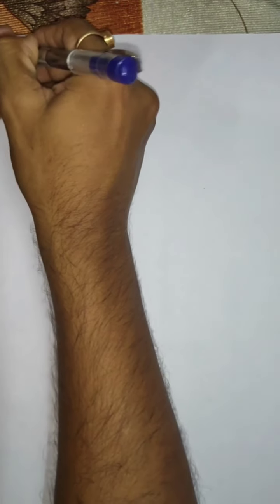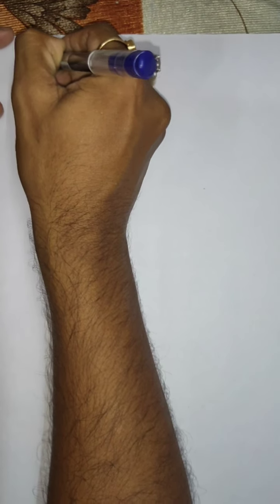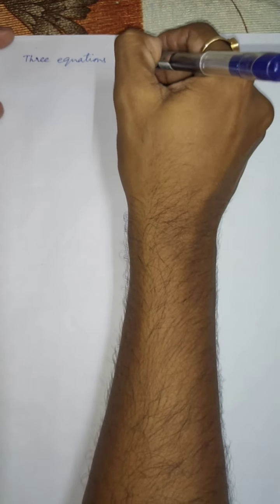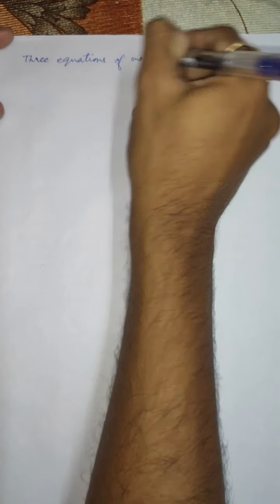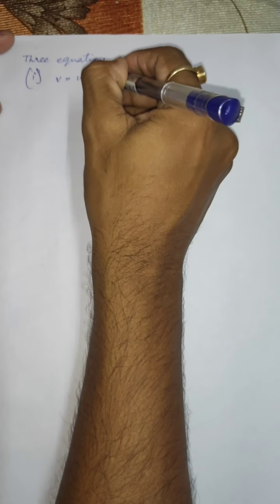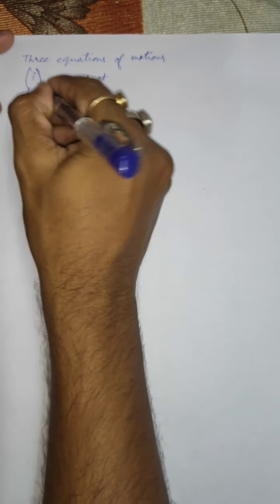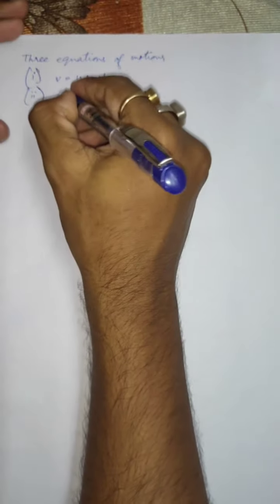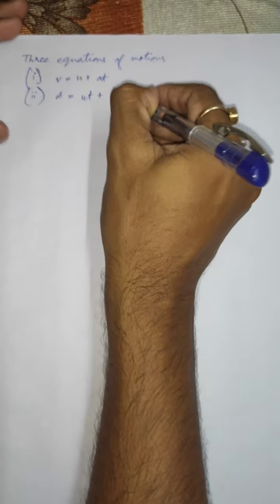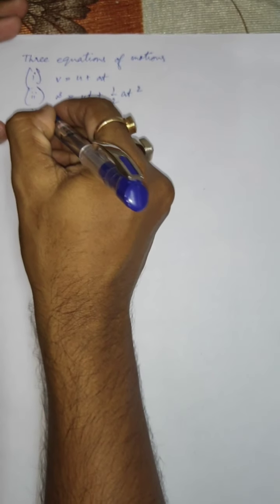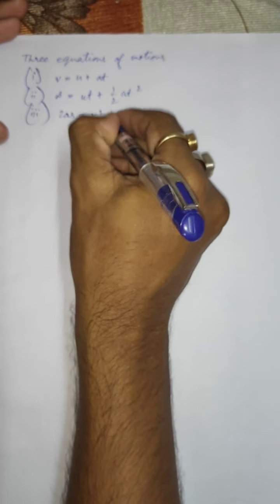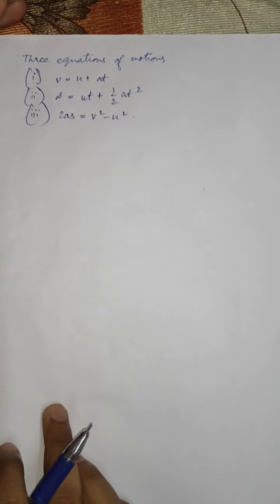First one is number 1, V equal to U plus AT. Number 2, S is equal to UT plus half AT square. And number 3, 2AS equal to V square minus U square. Alright,